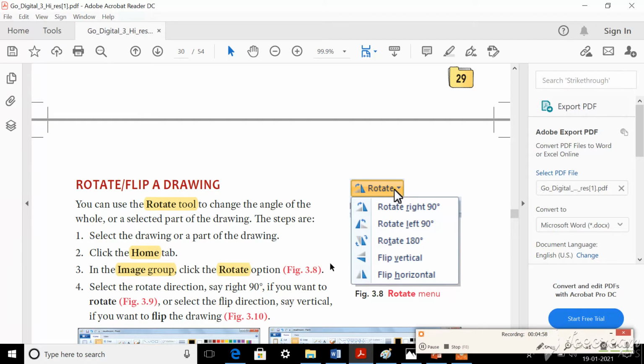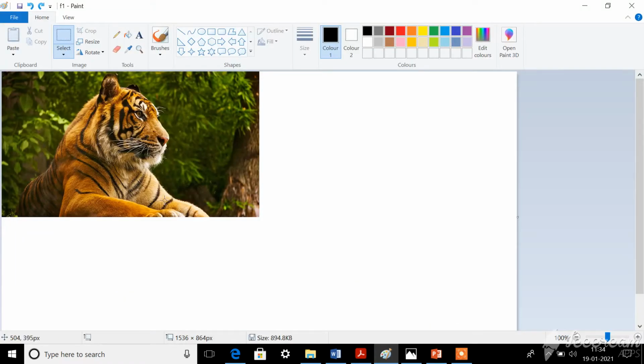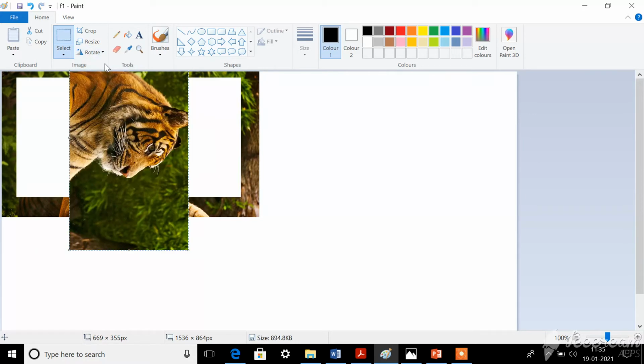Okay, dear children, so this is how it works. Shall we do and see now? Okay, we can practice. So I am going to select. This is how I am going to select. You have to double click on the image and drag your cursor. Then it will get selected. After selecting, the Home tab is already selected. Then you should click on the Rotate option. Okay, so I am going to rotate 90 degrees.